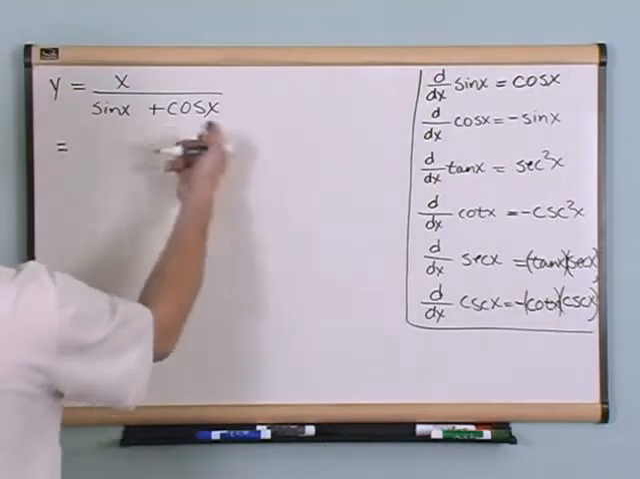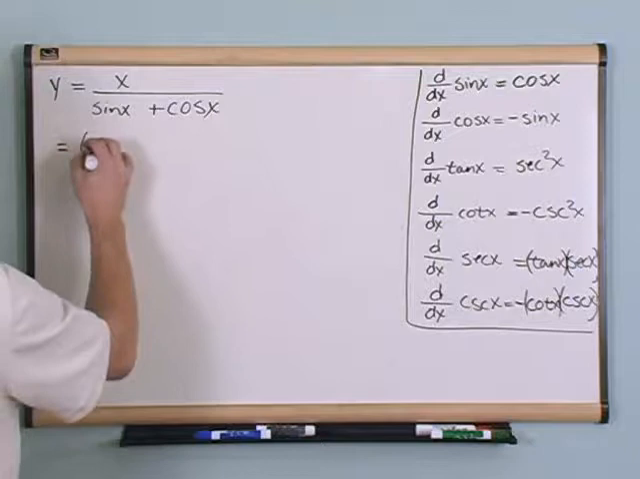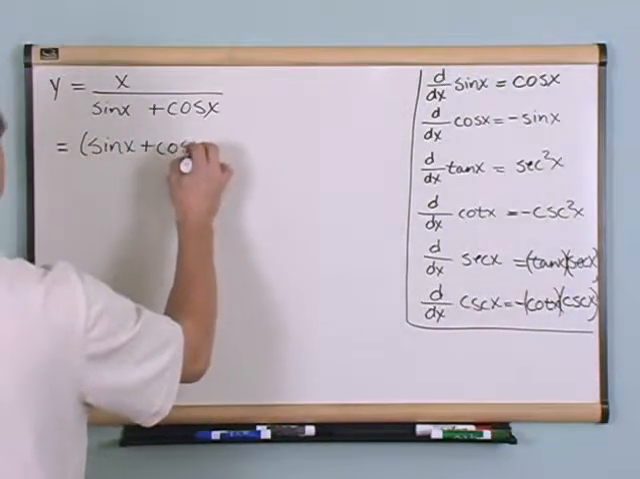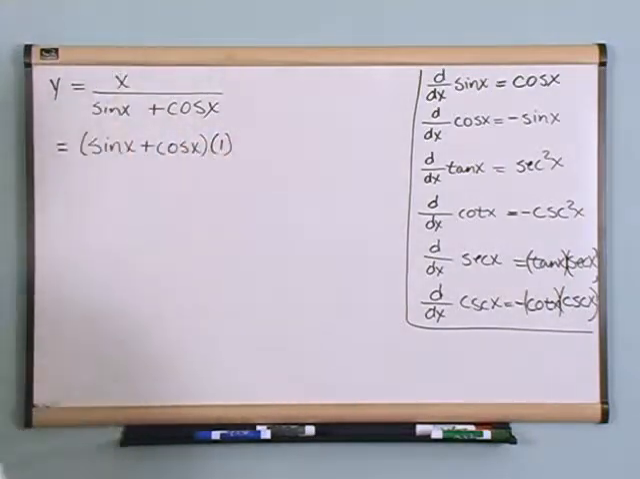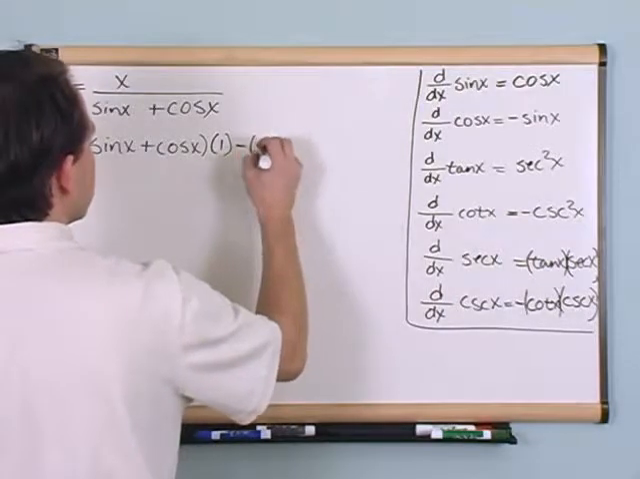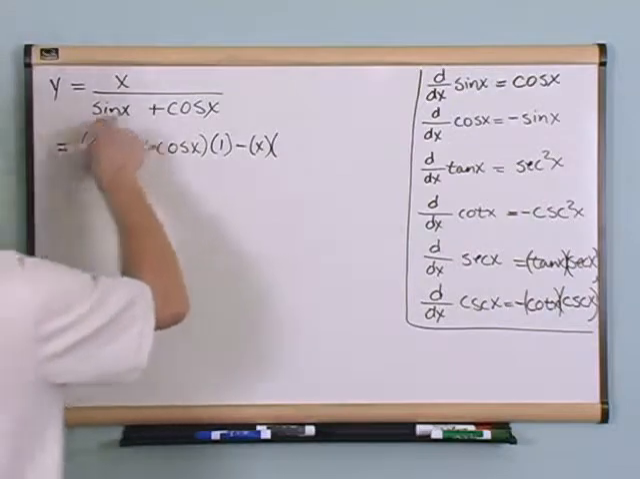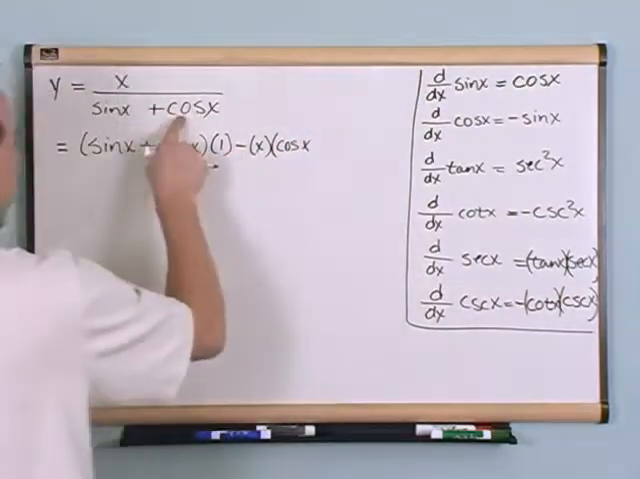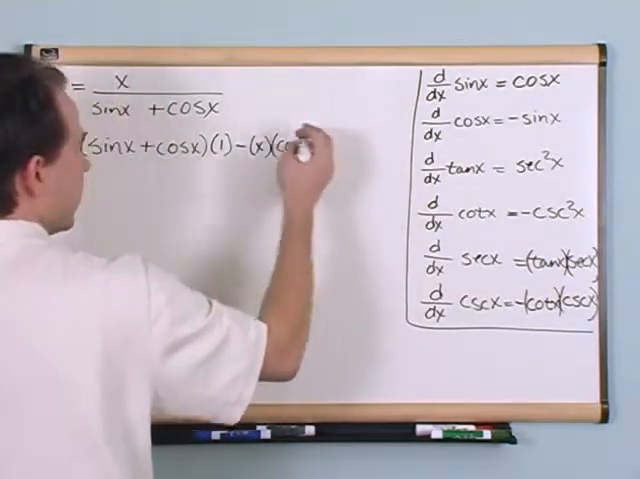But let's just do this. We're going to use the division rule to take the derivative. So we have the bottom, which is the sine of x plus the cosine of x, times the derivative of the top, which is just 1, derivative of x is 1, minus the top times the derivative of the bottom. Derivative of sine is cosine, and the derivative of cosine is negative sine,